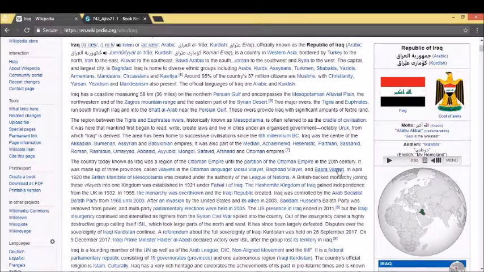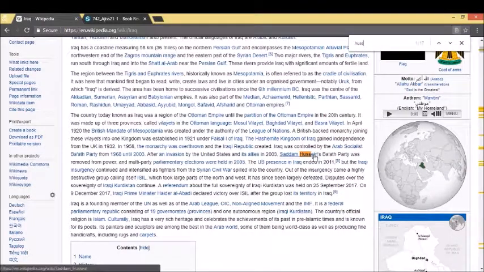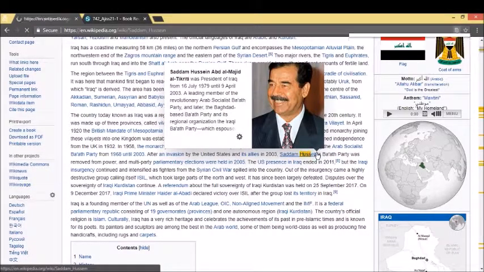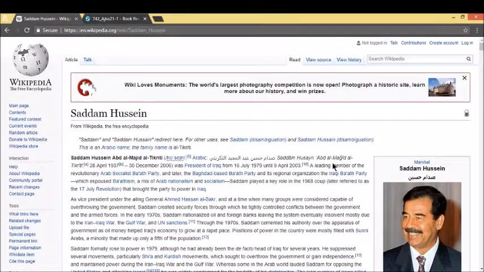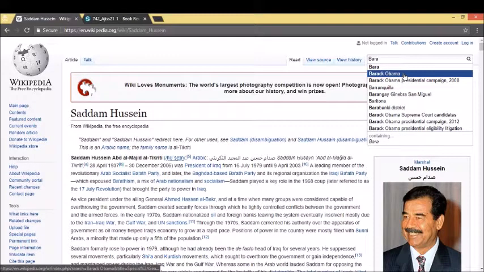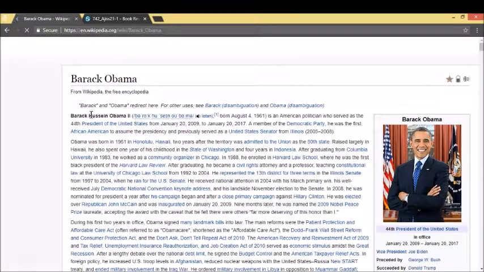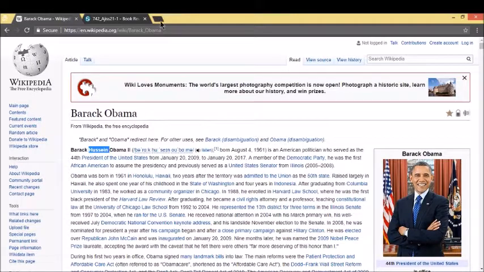So that got me thinking. I started reading up about Iraqi history, and of course, inevitably, Iraqi history brought me to Saddam Hussein. So I started reading about him, but I didn't actually need to read that much to remember that Barack Obama's middle name is Hussein. So of course, at this point, I was absolutely convinced. There was no need to do more research, but